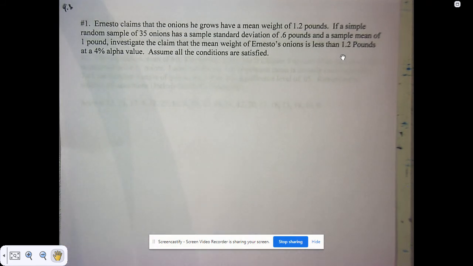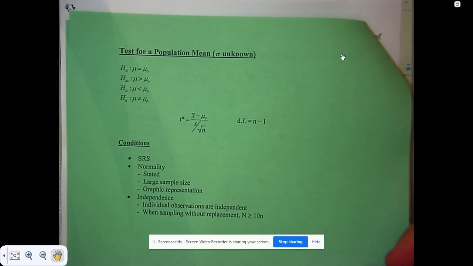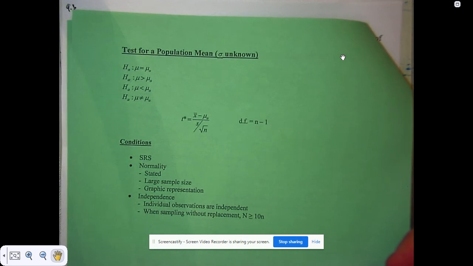Of course, the page that I'm looking at on my green sheet, on the Pepsi sheet, is the test for a population mean, sigma unknown. So there's the null hypothesis. There's your test statistic sitting right there. Remember, the test statistic